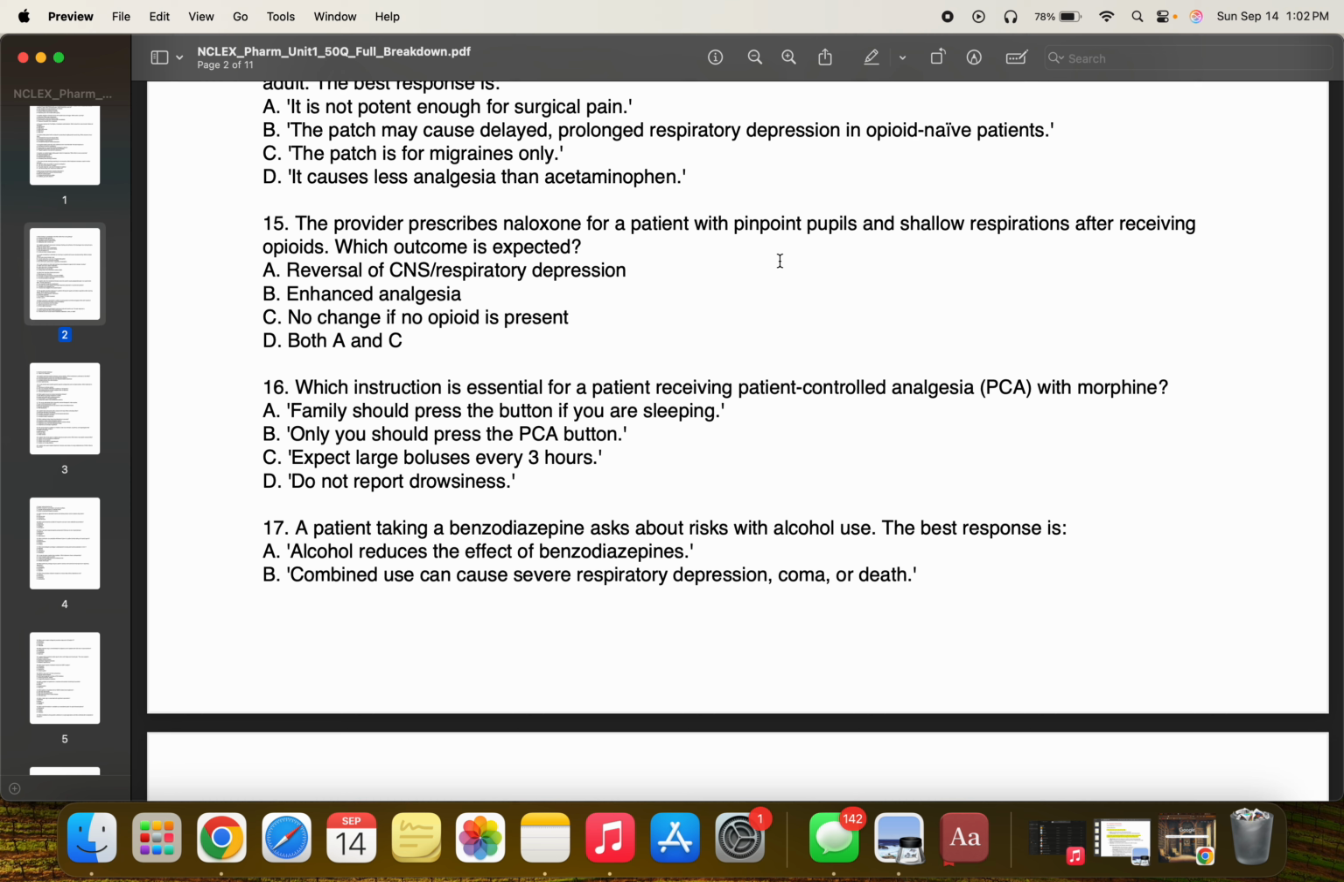Okay, the 15. The provider provides naloxone for a patient with pinpoint pupils and shallow respirations after receiving opioids. Which outcome is expected? Reversal of CNS or respiratory depression, enhanced analgesia, no change if opioid is present, or D, both A and C, which were reversal of CNS and respiratory depression, or